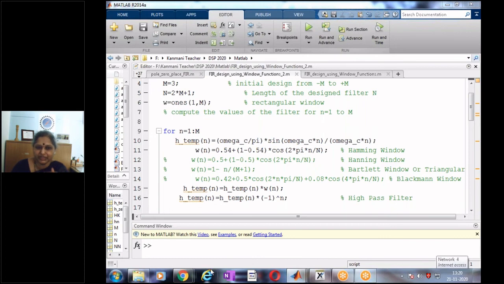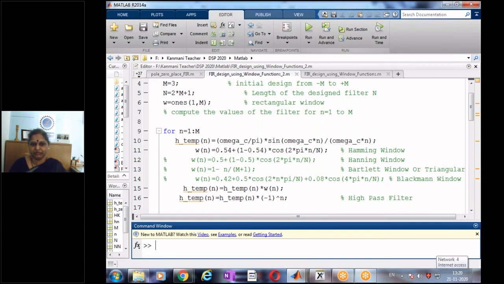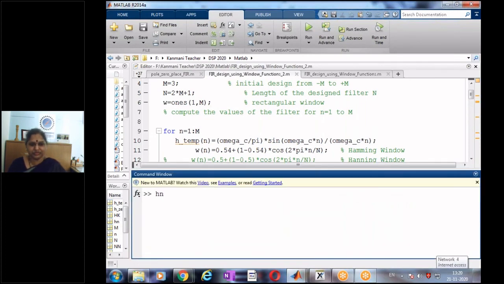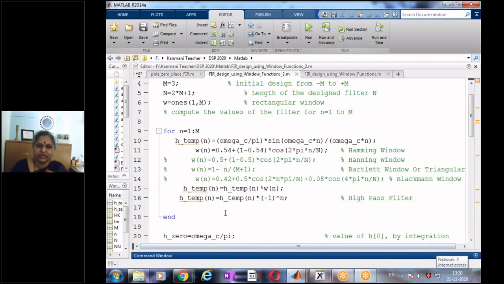Now, having seen that, let us look at my window coefficient, my impulse response of the design filter. This is my impulse response of the design filter: minus 0.009, then plus 0.69, minus 0.186, 0.25, etc. If I don't multiply it by alternate terms being positive and negative, then I have a low pass filter.